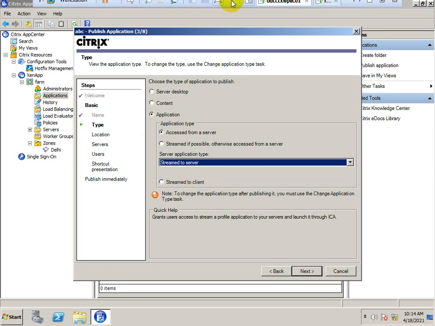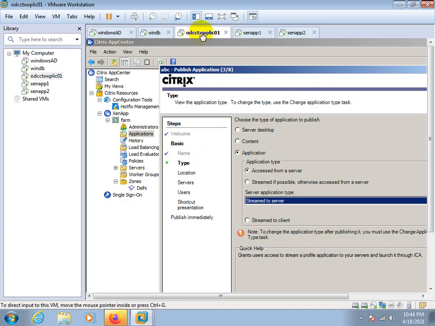Suppose this is our Citrix environment. This is my main server, ZDC, and this is my member server. These two servers are the member servers. Applications are hosted here and here, because we never host any application on the ZDC, or on the DC in 7.15 delivery controller. So we have hosted the applications here, and we have selected the streamed option.